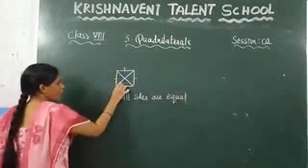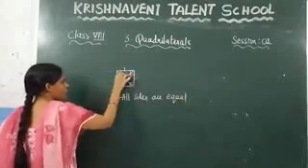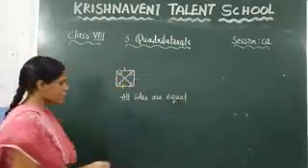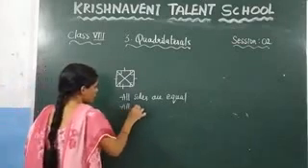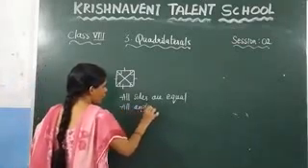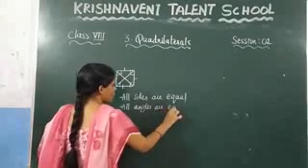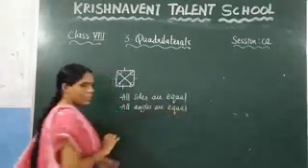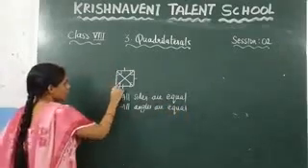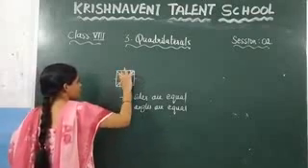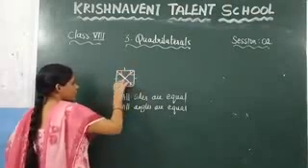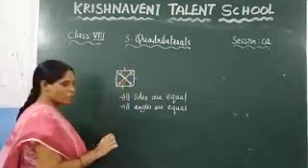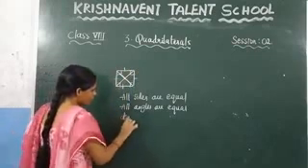And similarly, all angles are equal. And you know that it is equal to 90 degrees. So here you can say the next one, which is all angles are equal. And clearly you can observe that if you draw this diagonal, these diagonals are also equal. The length of this diagonal is equal to the length of the other diagonal. So we can say here the diagonals are also equal.